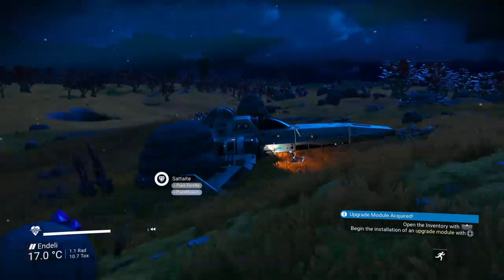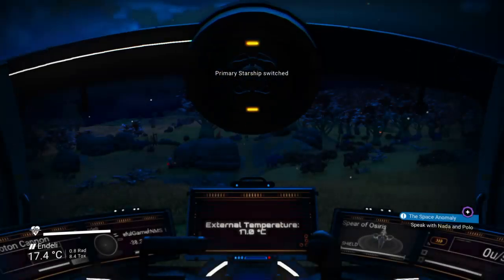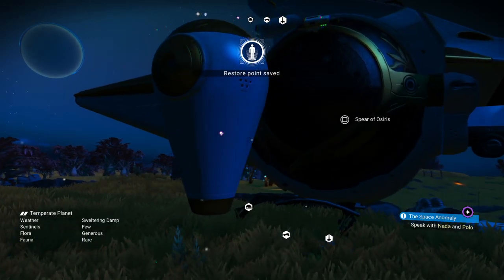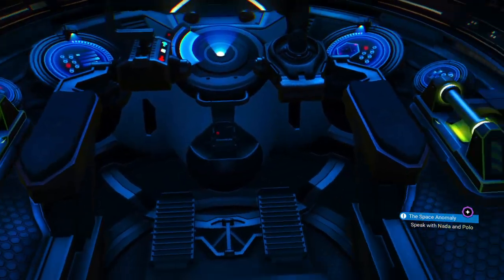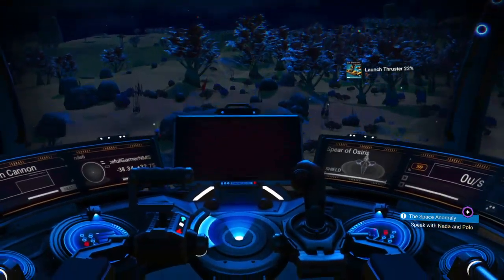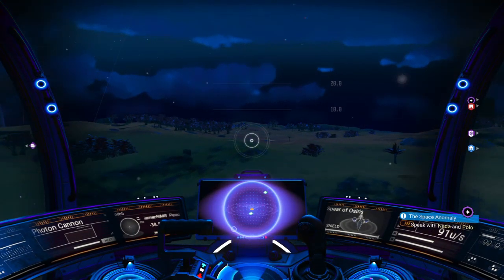Okay, so let's head to the Nexus. I'm just gonna do a quick save there, just in case. Oh, this interior, so nice. Yeah, I think in VR,